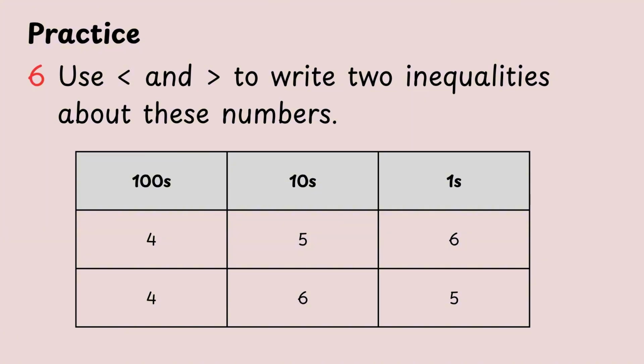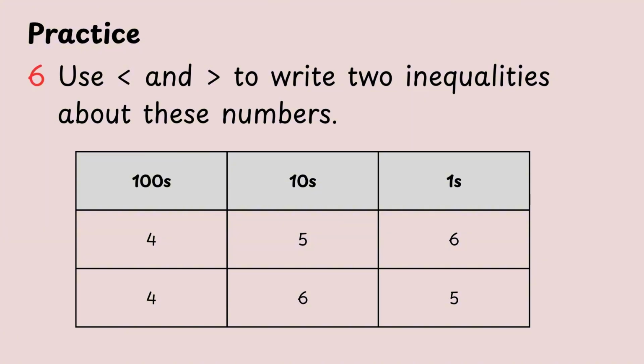Remember, when we compare them, we have to check the biggest place value first, the hundreds column. But both numbers have a 4 in the hundreds place. They are exactly the same. So, what do we do now? Don't worry, if the hundreds are the same, we just take one step to the right and look at the